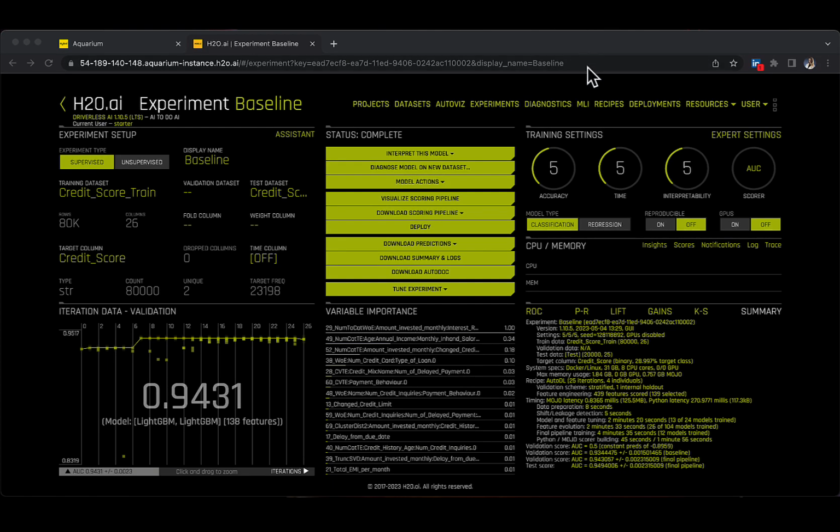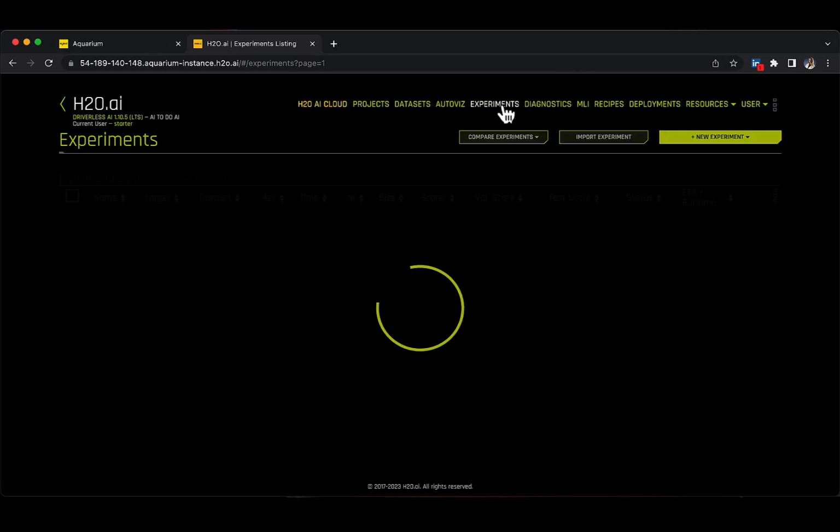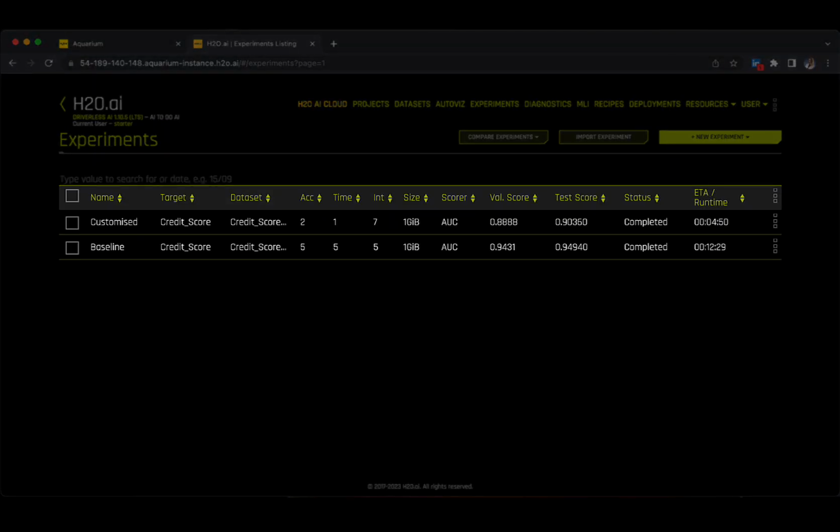We are back and we see now that our experiment has been completed. Before taking a look at the output, allow me to click on the Experiment tab on the top side of the screen. Here is the place where we can find all of our experiments. We can see that the only experiment that we have is the baseline,